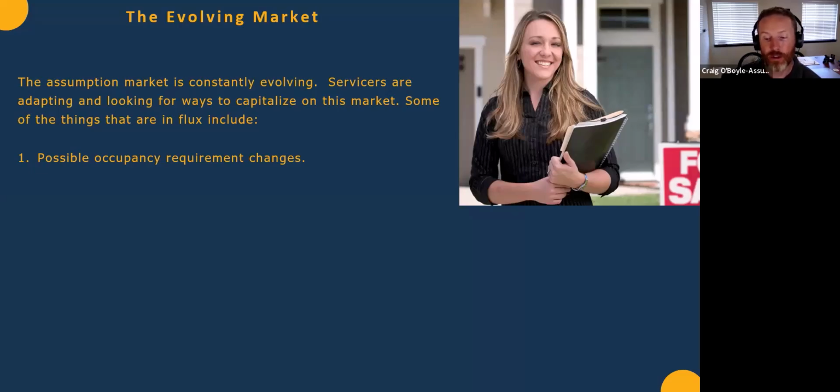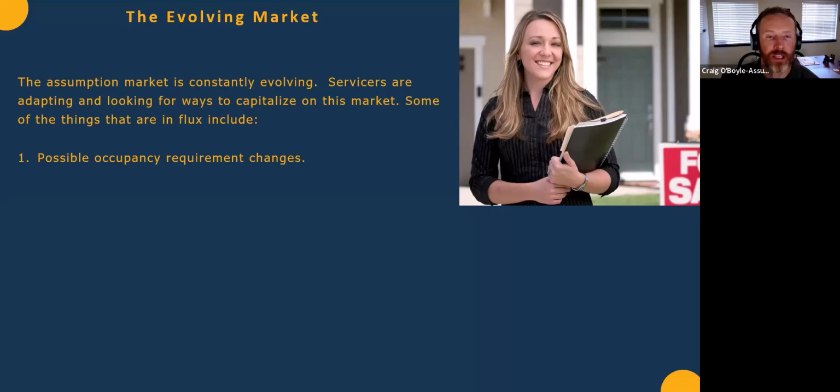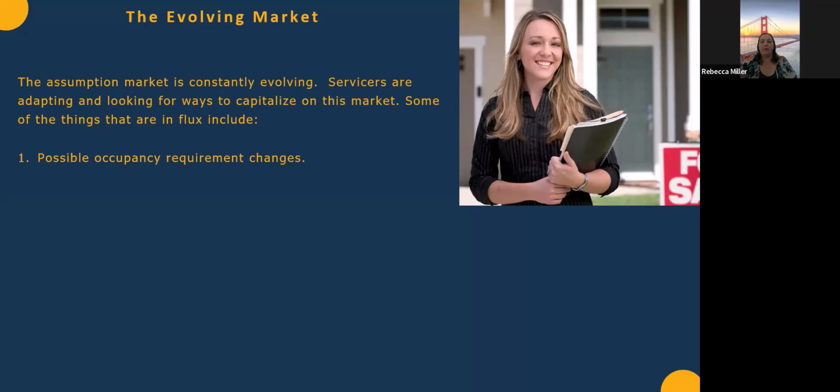For the VA servicers that do allow it, the kicker in what we're seeing is the entitlement of the seller has to remain tied to that loan. So the seller selling to an investor has to walk away from their entitlement. Even if it's a military buyer? Yes, if they do not live in the home and say, no, I'm buying this as an investment, that entitlement stays. I think when you substitute your VA entitlement, you're tripping the clause where it needs to then be owner occupied. Got it. That makes sense.